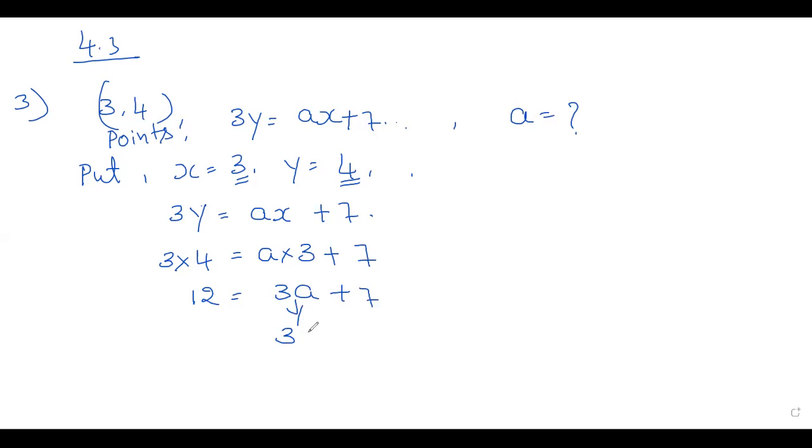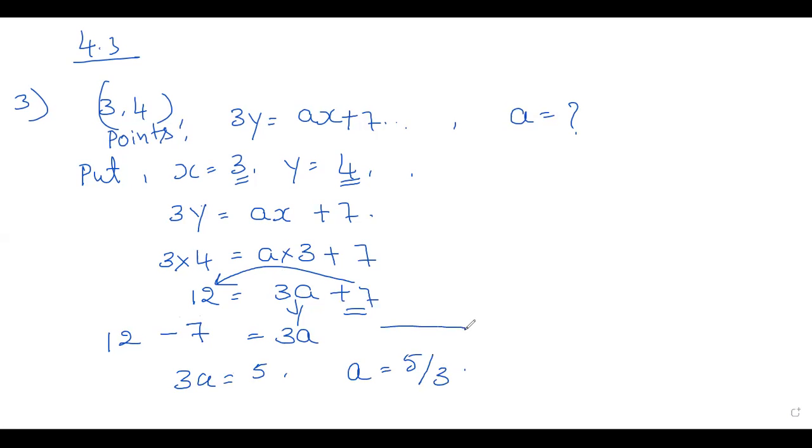Write 3a as it is in the right hand side. Write 12 in left hand side. Take this plus 7 to left hand side. It becomes minus 7. 3a is equal to 12 minus 7, that is 5. So a is equal to 5 by 3. This is the value of a. And the next one